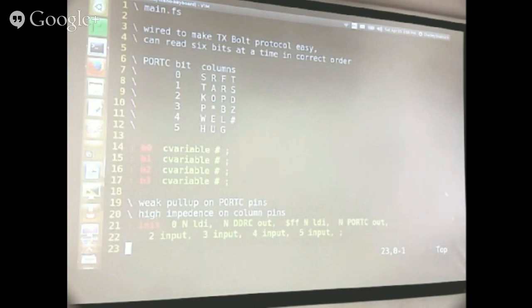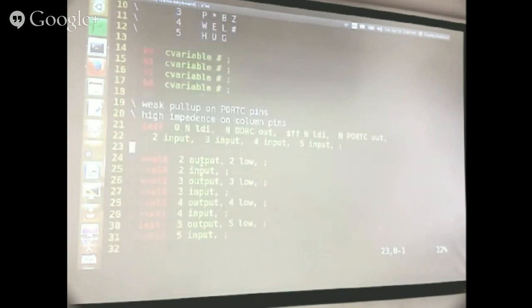Okay. Now, you want to have a weak pull-up on the port C pins because you want them to look high most of the time, but only weakly high. Port C pins are the six pins. And you make them, okay, this init word here,